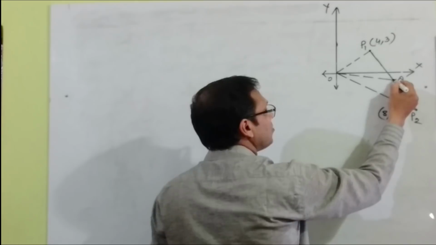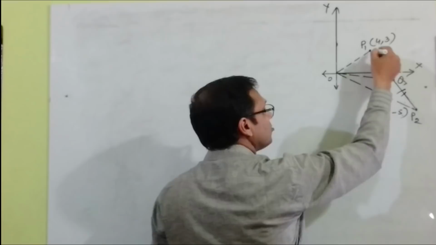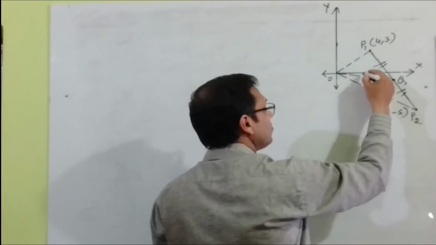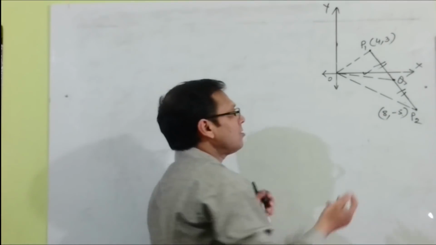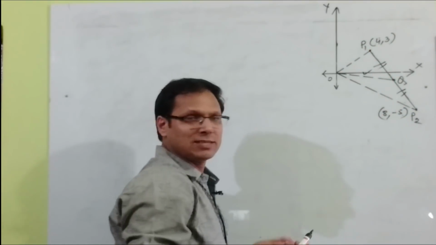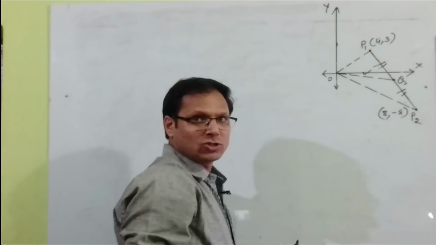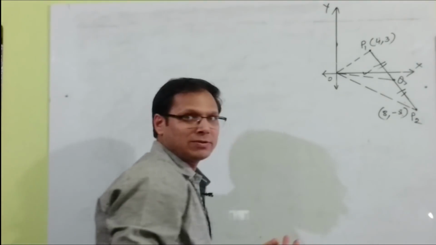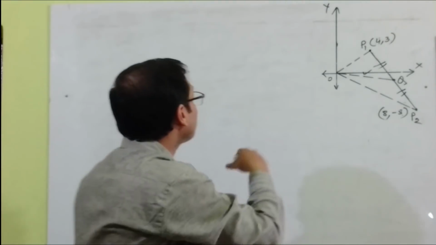Let Q be the midpoint of P1 P2. The line joining P1 and P2 is the P1 P2 line, so the midpoint is Q. Now you have to find the position vector OQ. Simply you can find it by the coordinate geometry formula: 8 plus 4 by 2, that is 6, and minus 5 plus 3 by 2, that is minus 1. So 6 i cap minus j cap. The answer we have already found, but you have to write it with the help of the proper writing style.